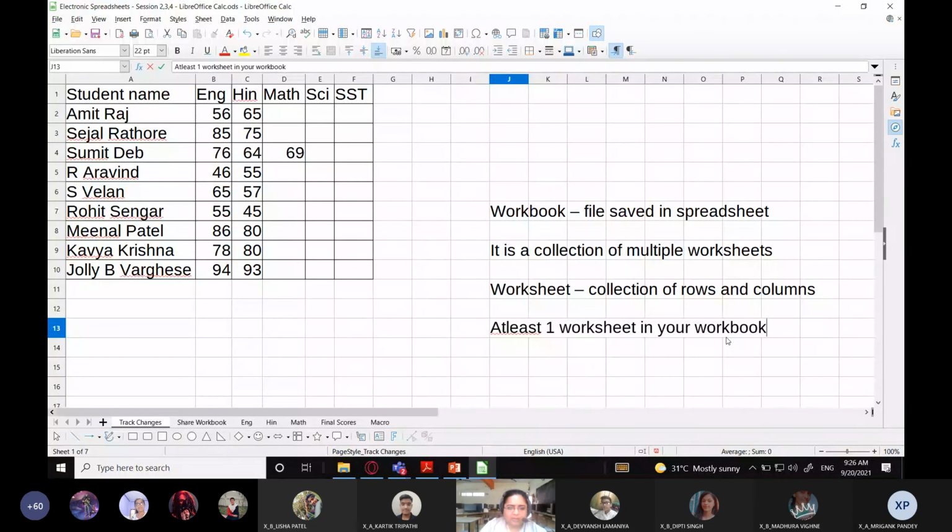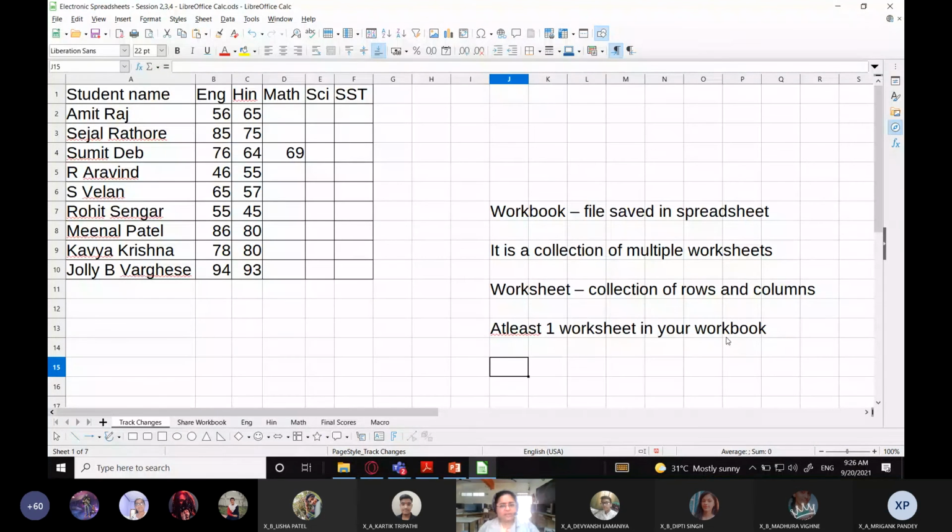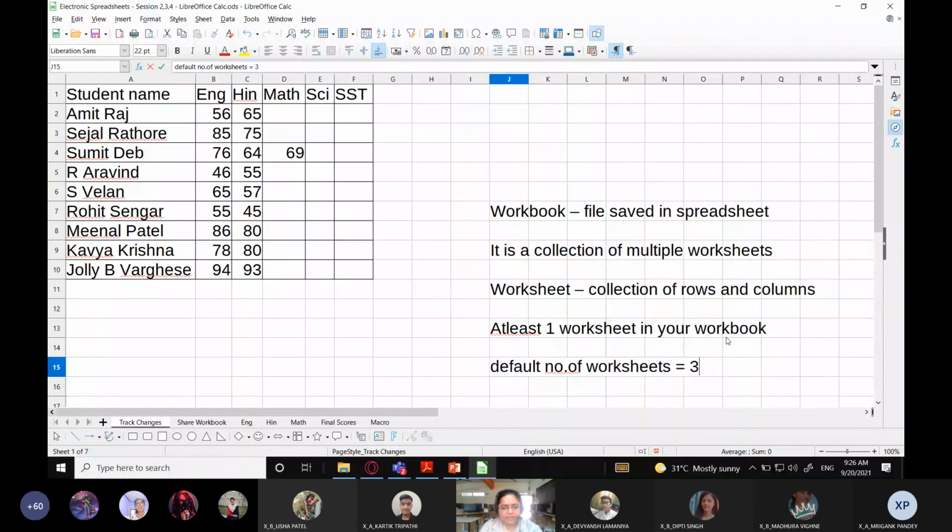Normally in LibreOffice Calc and OpenOffice Calc, the default number of worksheets is 3.